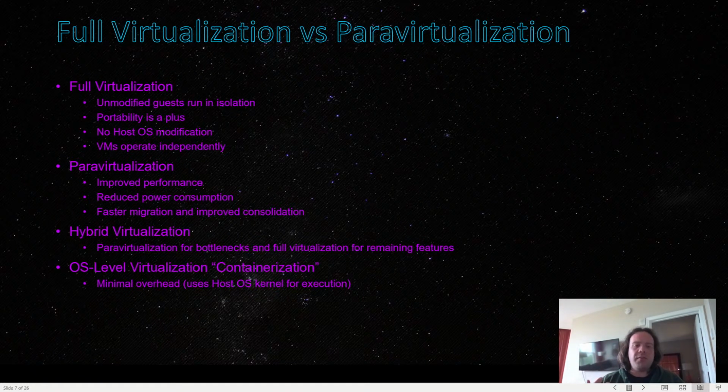Hypervirtualization is a combination of both of them. You may not see this as much. The most you're going to see is full virtualization. And paravirtualization actually isn't really used that much in enterprise environments. It's used for experimenting and testing. And then OS level virtualization, which we aren't going to go over, is talking about